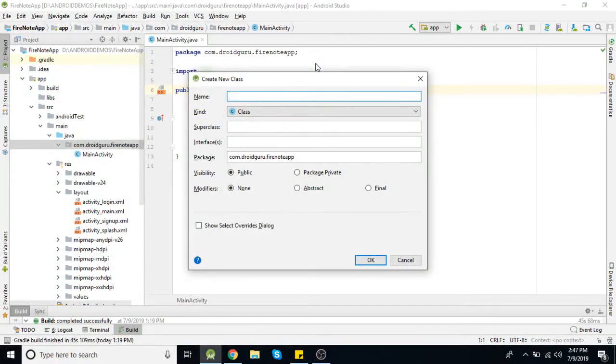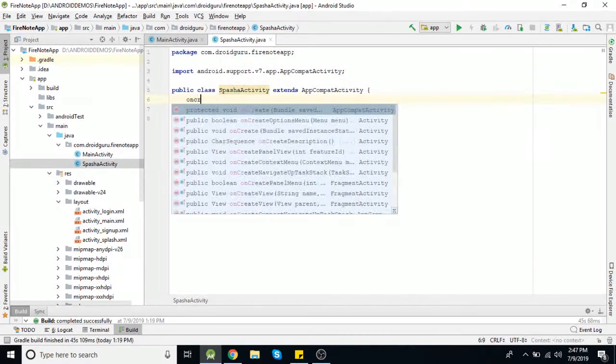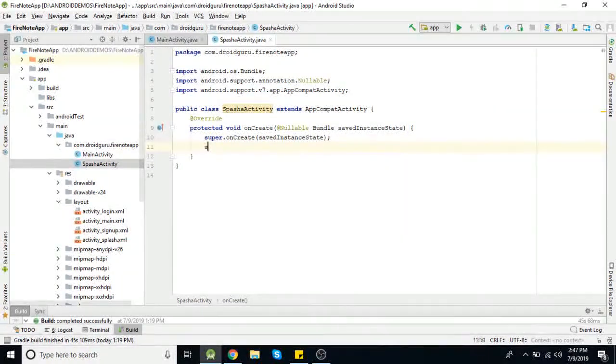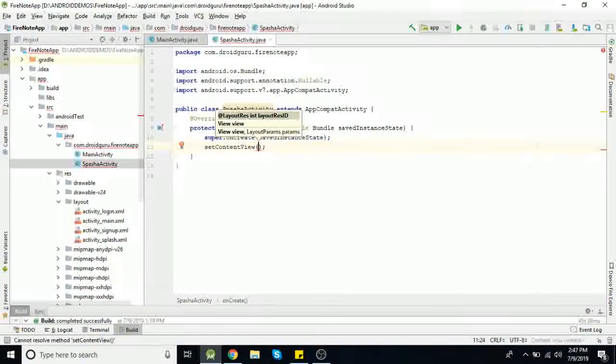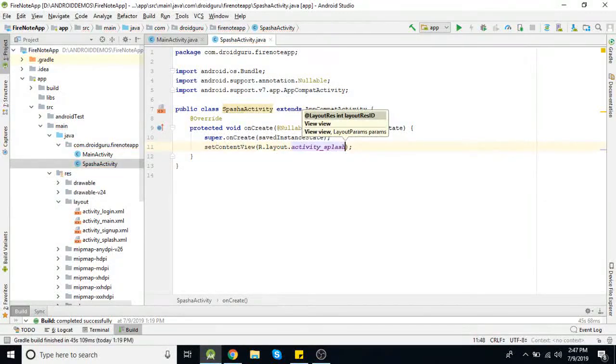I am giving the name SplashActivity, which will extend our AppCompatActivity, and I'm using this layout, activity underscore splash. Similarly, we need to create files for sign up and login activities.